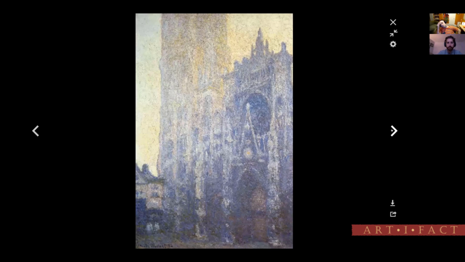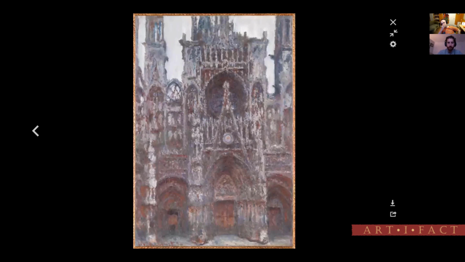Good. Oh, this one's more direct and straight on. It's interesting. Looks like maybe a late fall or winter scene there. So,